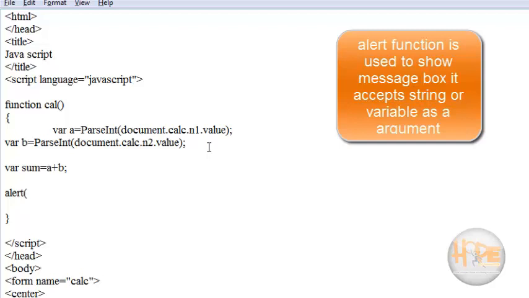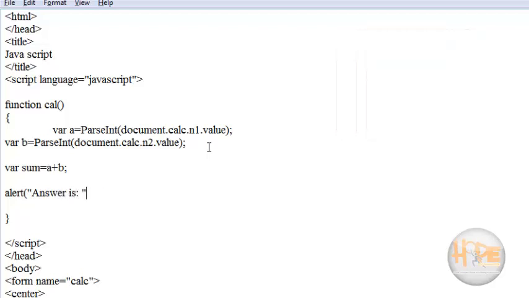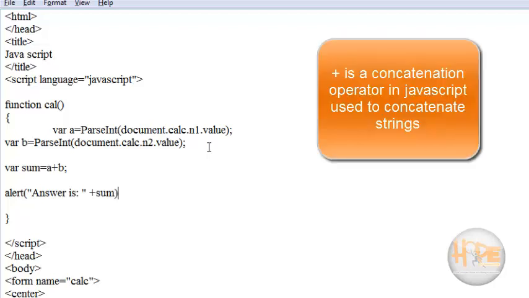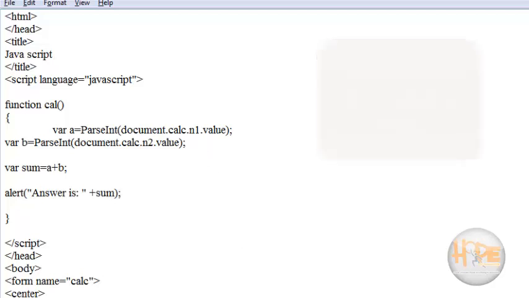So in the alert function we can pass the string which we want to display. I want to display answer is, and I want to display the sum of the two numbers which is stored in the sum variable. This can be concatenated by the plus operator in JavaScript. So we will be displaying a message box which contains the answer of the addition.